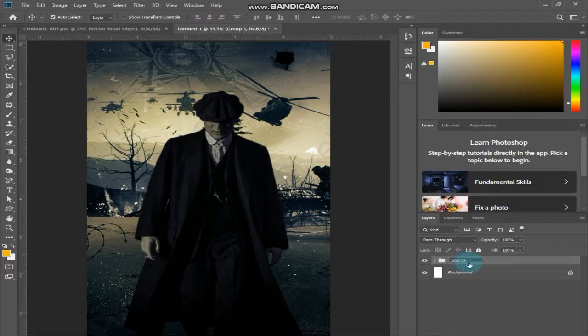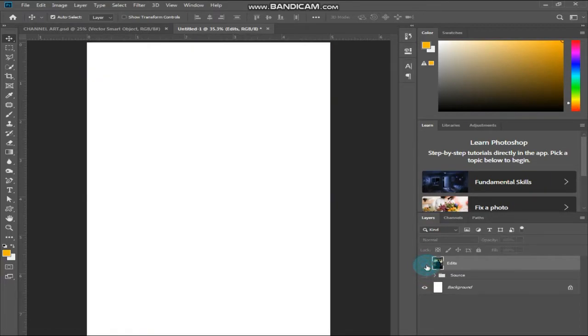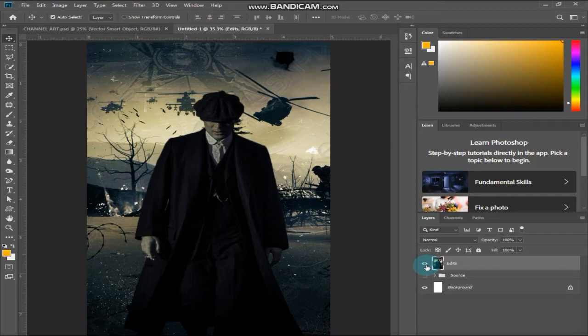source. Okay, and I will copy it, and now edits. Okay, and now I will press Ctrl plus E, or you can also right click on it and click on Rasterize Layer. Ctrl plus E will convert it to a single image like this. If I turn off the layer, it's going all round off. Okay, so now I will select this image and go to Filter, Camera Raw Filter.